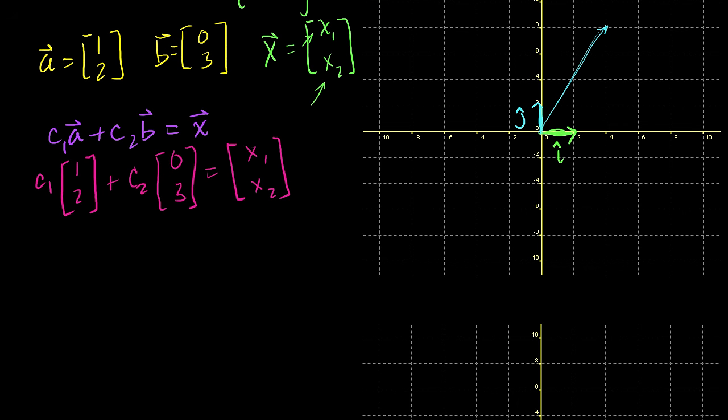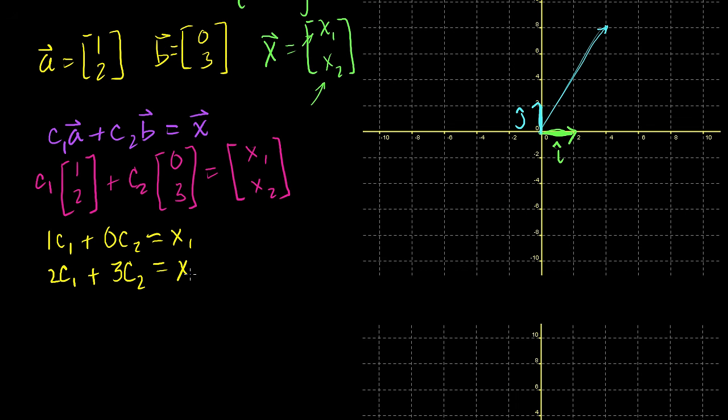If this is true, then the following must be true: c1 times 1 plus 0 times c2 must be equal to x1. We just get that from our definition of multiplying vectors times scalars and adding vectors. And then we also know that c1 times 2, plus c2 times 3, should